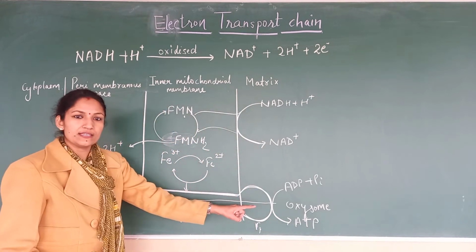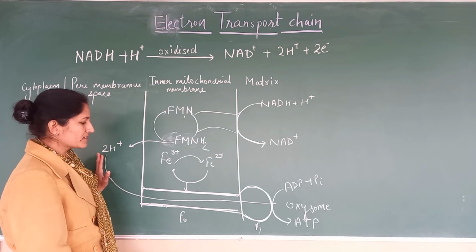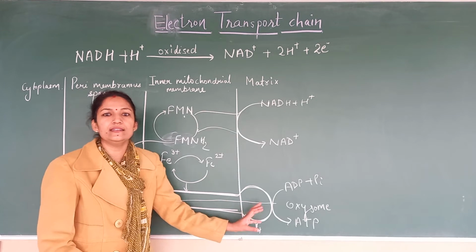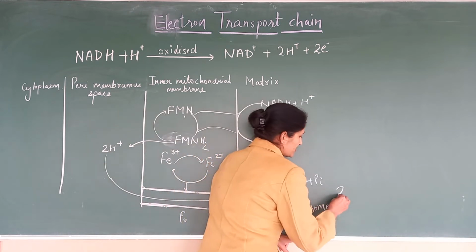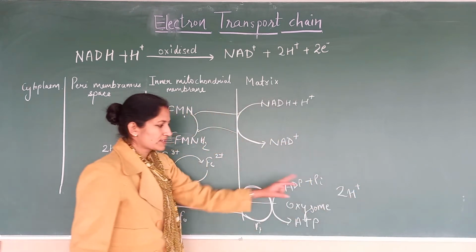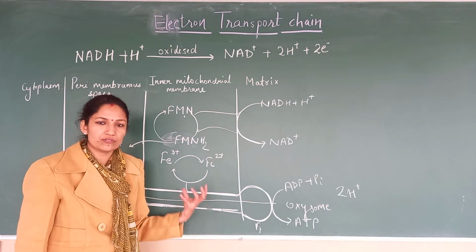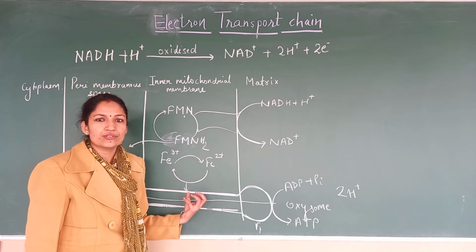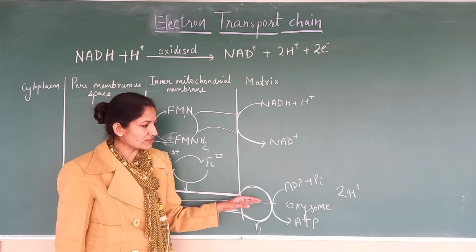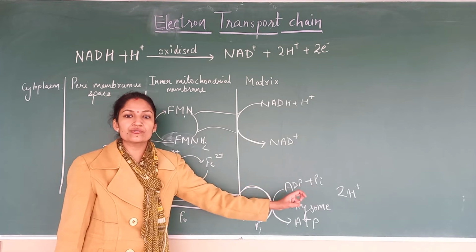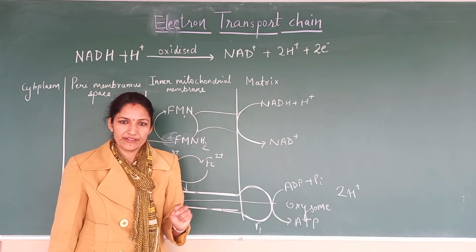Okay. So in this way, when these protons are moving from the higher concentration to lower concentration gradient, they release energy. And that energy is used to make the ATP. So they come this side, they have more energy, so this will bind to the next transporter, that is ubiquinol, that gets reduced. So this process is going to take place thrice to produce 3 ATP molecules from this NADH plus H positive. Fine.